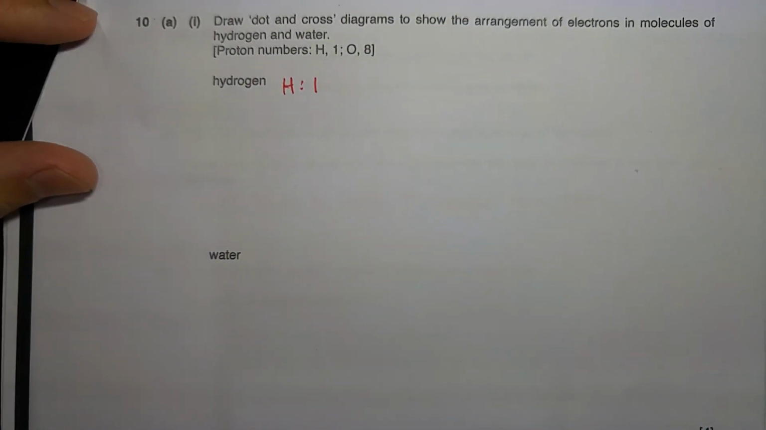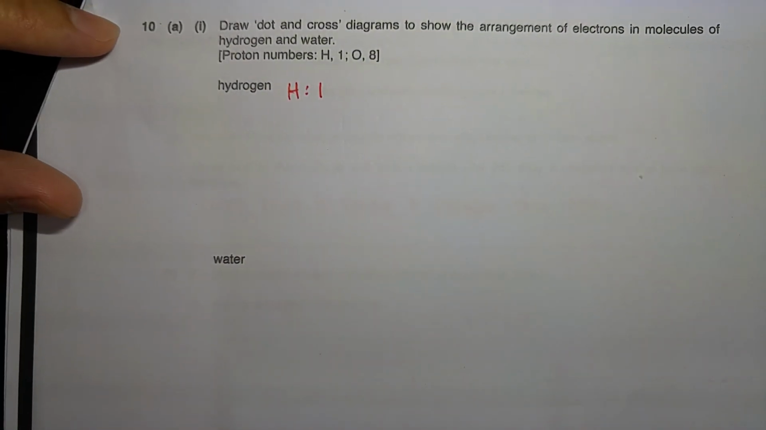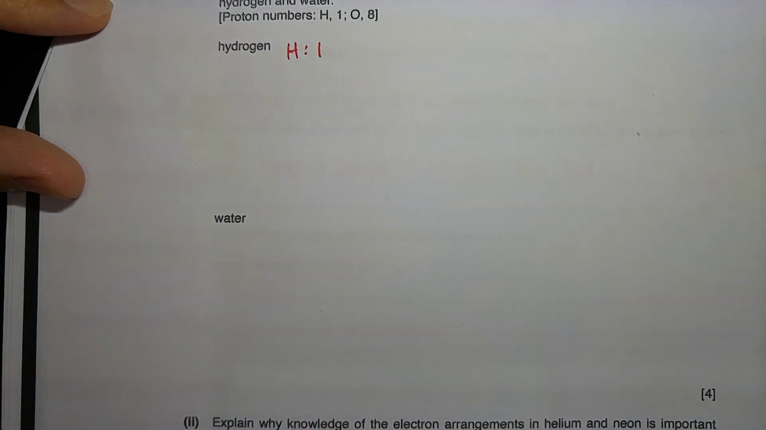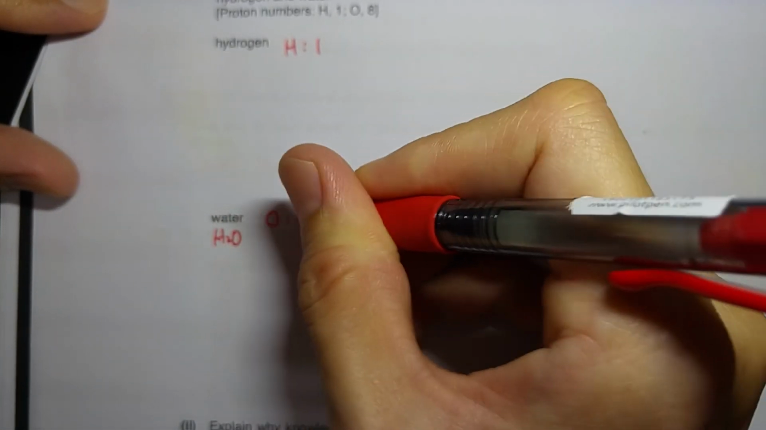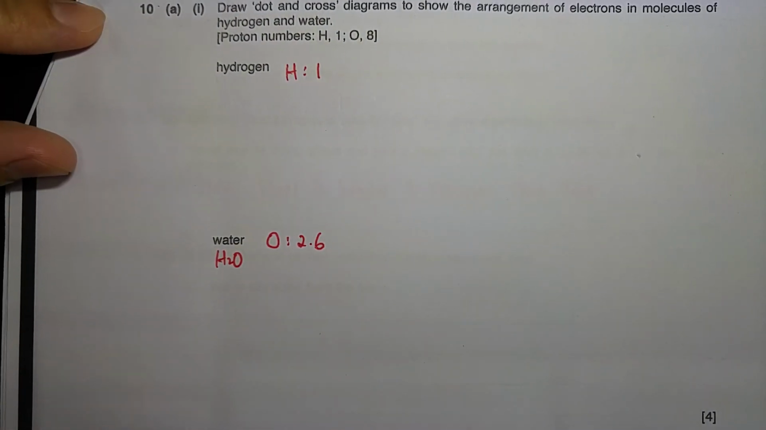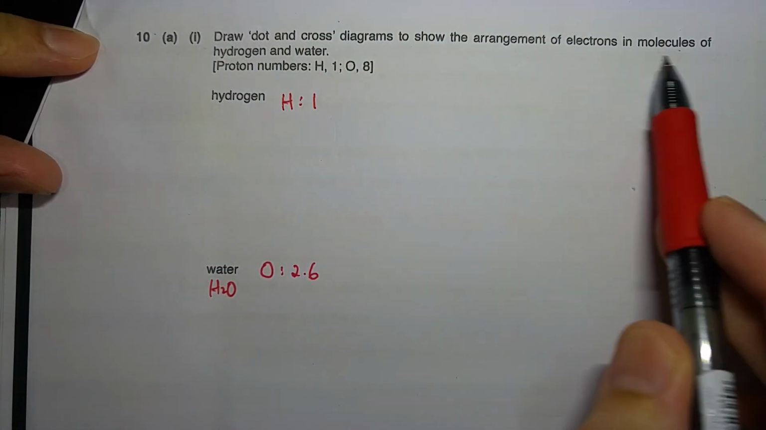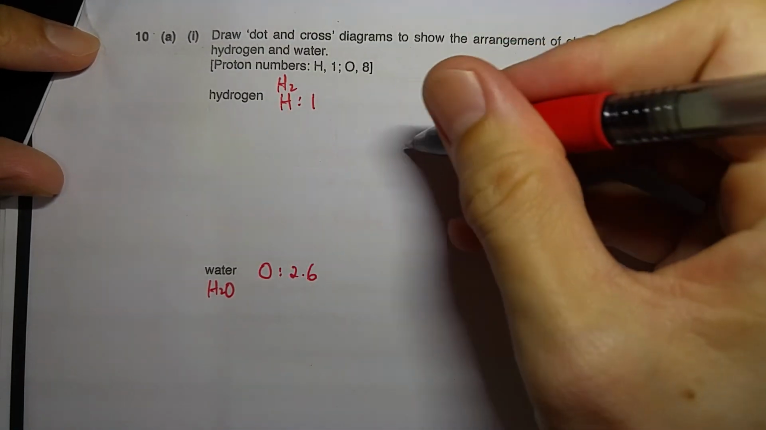Hydrogen is 1. Now remember, to write down the electronic configuration, you have to look at the periodic table and look at the proton number. So hydrogen is 1. Water is H2O, right? And the oxygen would be 2,6. Okay, write down the electronic configuration first. Molecules of hydrogen, that means H2. So this one is H2. So molecules of hydrogen,